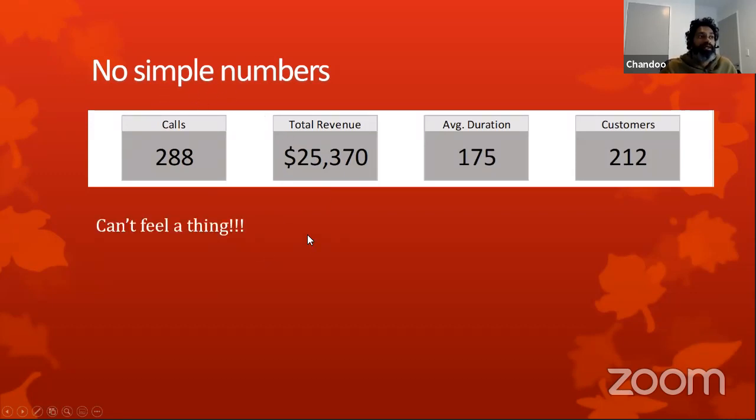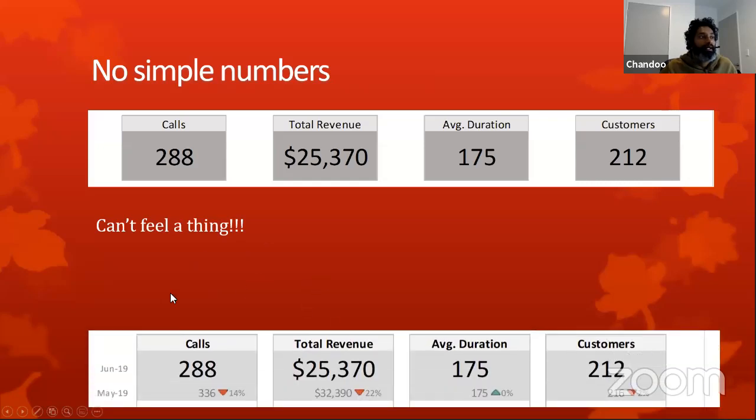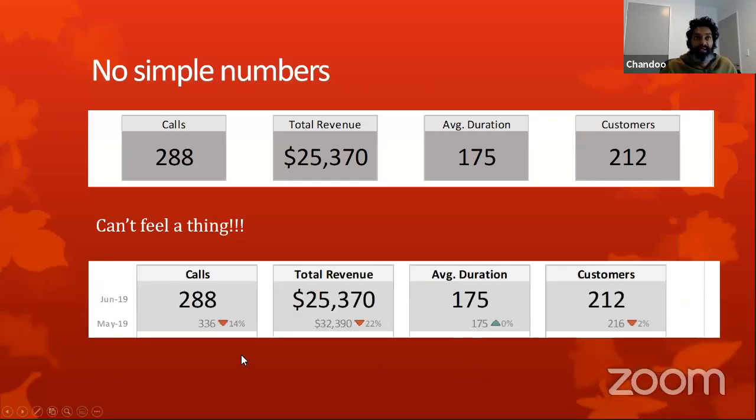And when we observe that, we can create a report that adds that kind of an emotion. For example, I can say 288 calls were made in June, but compared to May, that was 14% down. And then we are presenting a number with an emotion. So we can now see that, oh, the calls have gone down. What's happening? Of course, May has one extra day compared to June, but that doesn't really explain why there would be 14% less calls. Is it because our products are so good or whatever?